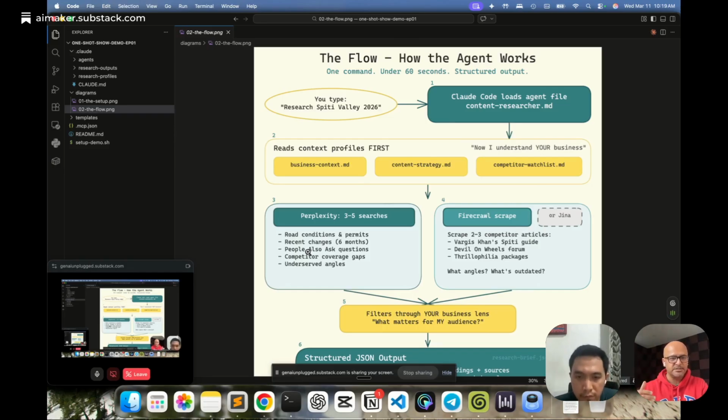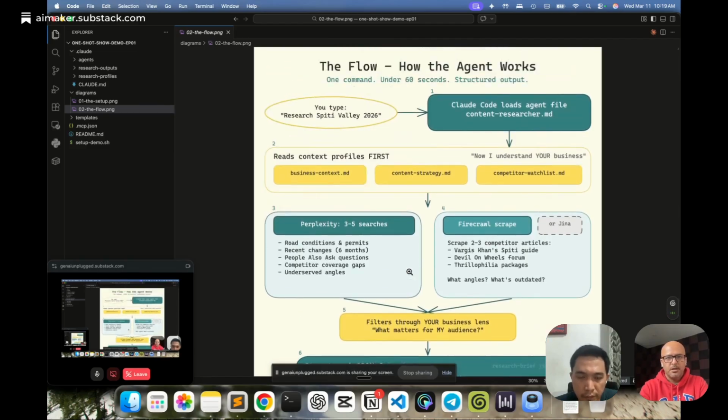Those citation links would be fed into Firecrawl, or used by Firecrawl to scrape that content, and all that content would be fed through our lenses, and it is going to synthesize what matters for my audience, as a traveler. So that's how it is basically going to work. Got it. Right. So now let's go back to the project, how the project is set up.